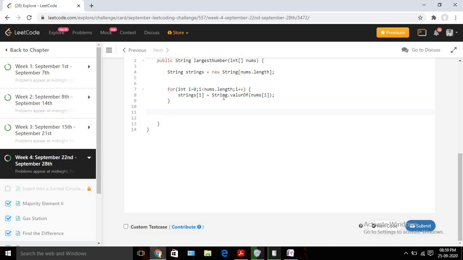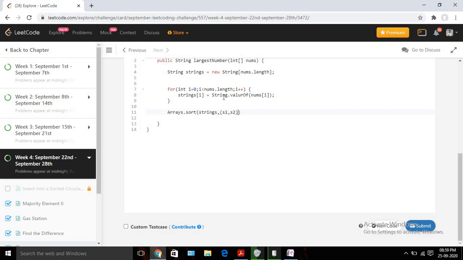Now our next task is to sort this string array according to our custom comparator. So we can use the Arrays.sort method. Basically, Java uses merge sort here. We can use that inbuilt Arrays.sort method and sort our string array. Now we can write our own custom comparator. Suppose we have two strings s1 and s2.